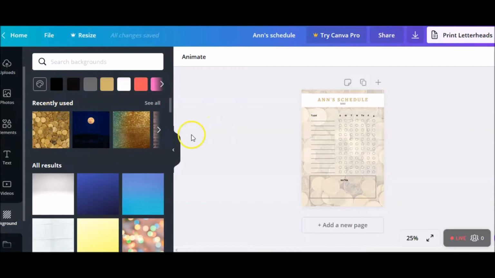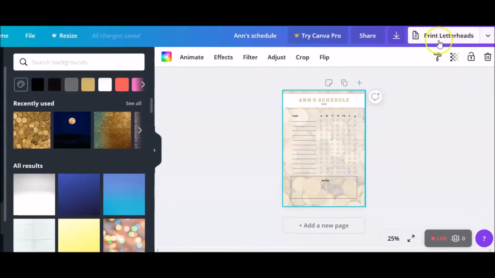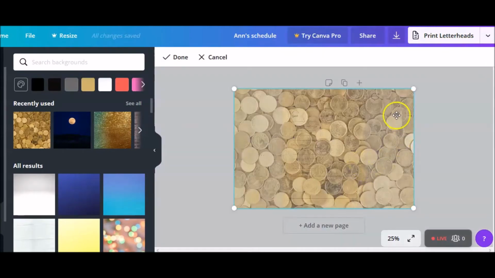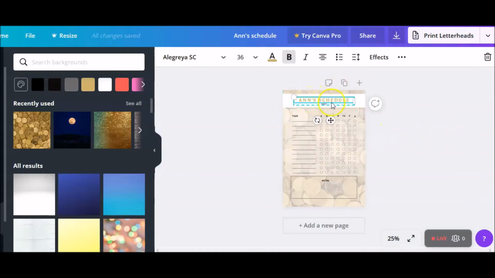So you pick that and then you drag it across here and it drops into the back. And you can also then remove the ones that were there previously by clicking on the design and then just move this across and then hitting the dustbin, or you'll find the dustbin will pop up here somewhere and you can just delete it. I also clicked on here and then just changed the wording,